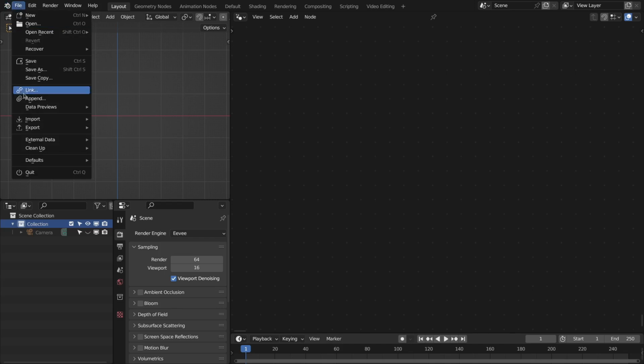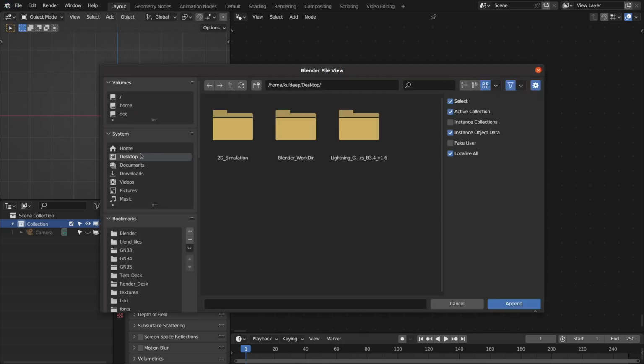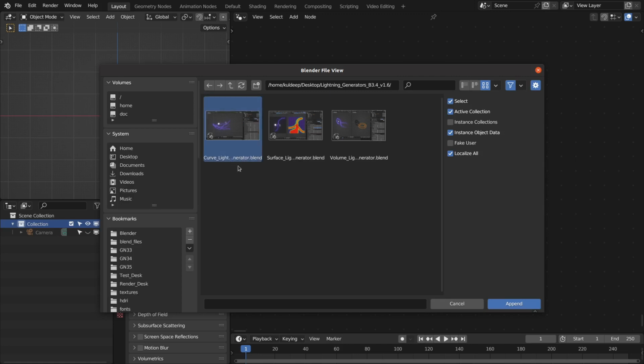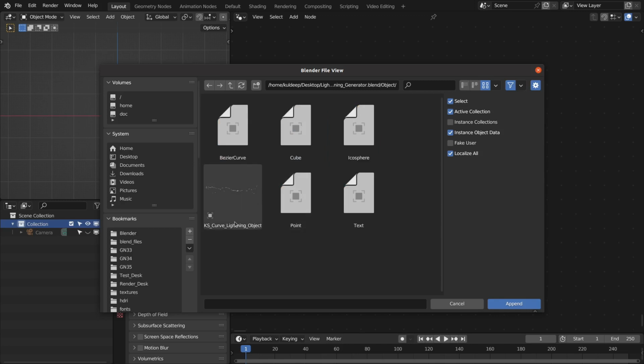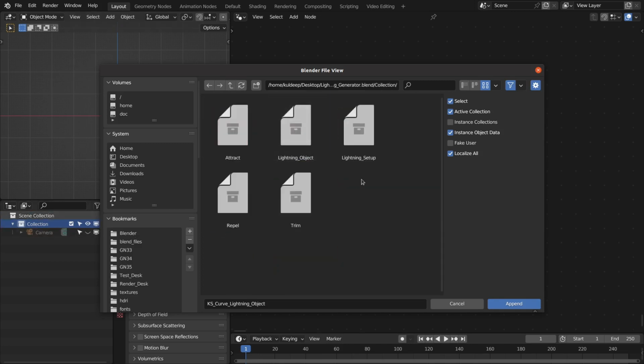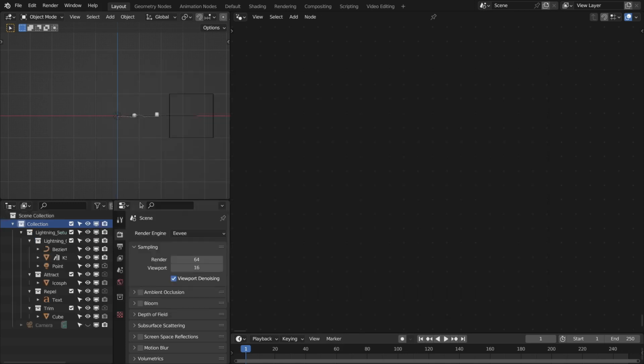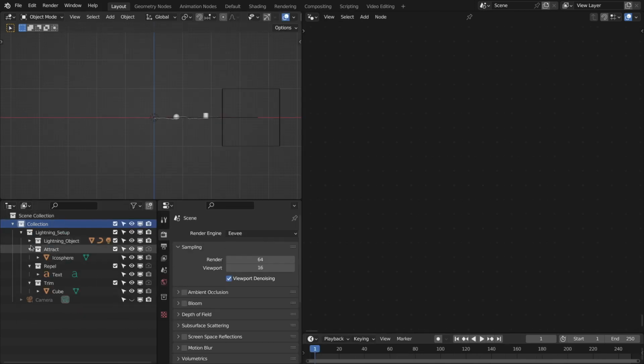First go to File, then the Append option, and then navigate to this blend file, curve lightning generator. Double click on that, and you can append the object. This object is going to append the lightning and related collections to this file, but I recommend you append this lightning setup collection instead of that object, and it will bring all the collections and objects in a nice order. So let's append that. See, we have that collection, and it contains the lightning object collection, attract collection, repel collection, and trim collection. So let's hide these three,